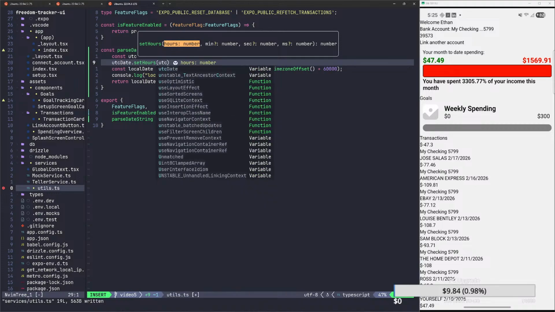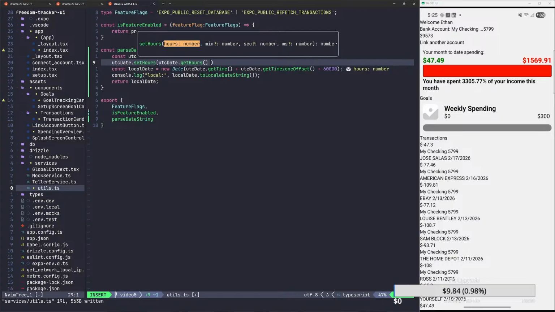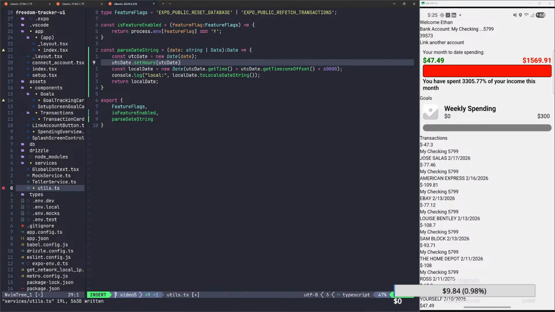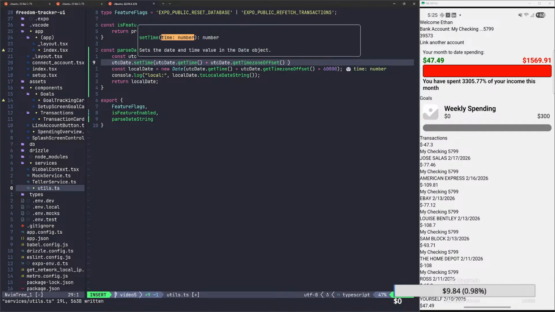We're gonna say UTC date.getHours. See, we already tried this though, and local still didn't want to work. Let's say setTime maybe. And we'll say dot getTime plus UTC date getTimezoneOffset plus